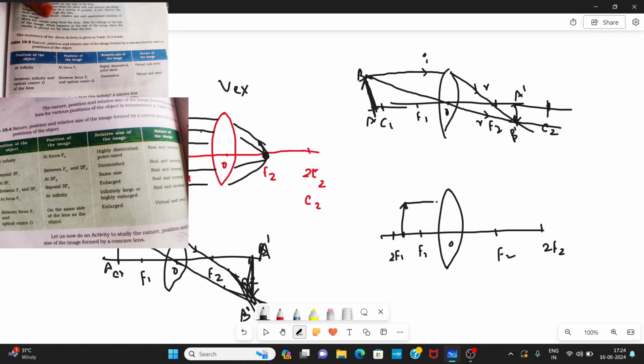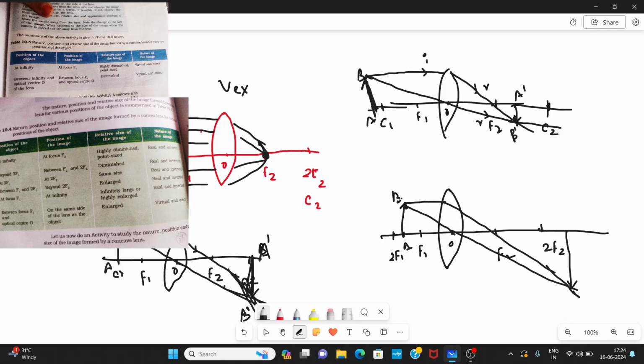Now it is going to hit here on the lens, and it is going to pass through F2, and through the optic center, which is going to intersect at some point which is beyond 2F2. So here is where I am going to get the image